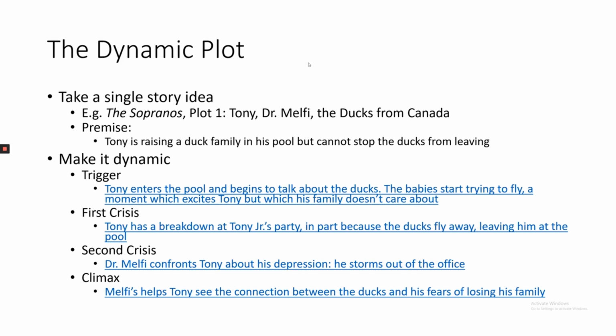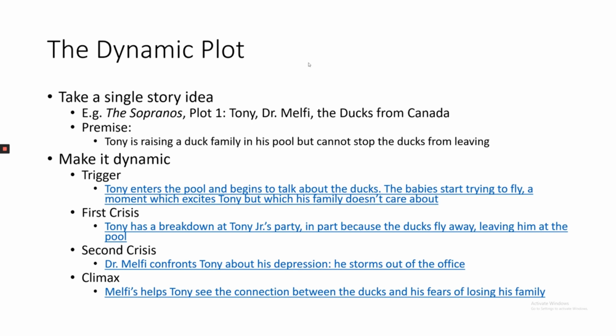So in a typical story, the conflict moves towards a climax, but it begins with a moment. If you look at a lot of films, stage plays, or really any kind of a story, things happen in the process of reaching the climax that actually intensify the drama. We would call these crises. So the trigger begins the conflict. The first crisis makes it worse, and the second crisis makes it even worse. So that by the time the climax happens, the tension is tightened so intensely that the reader or the audience